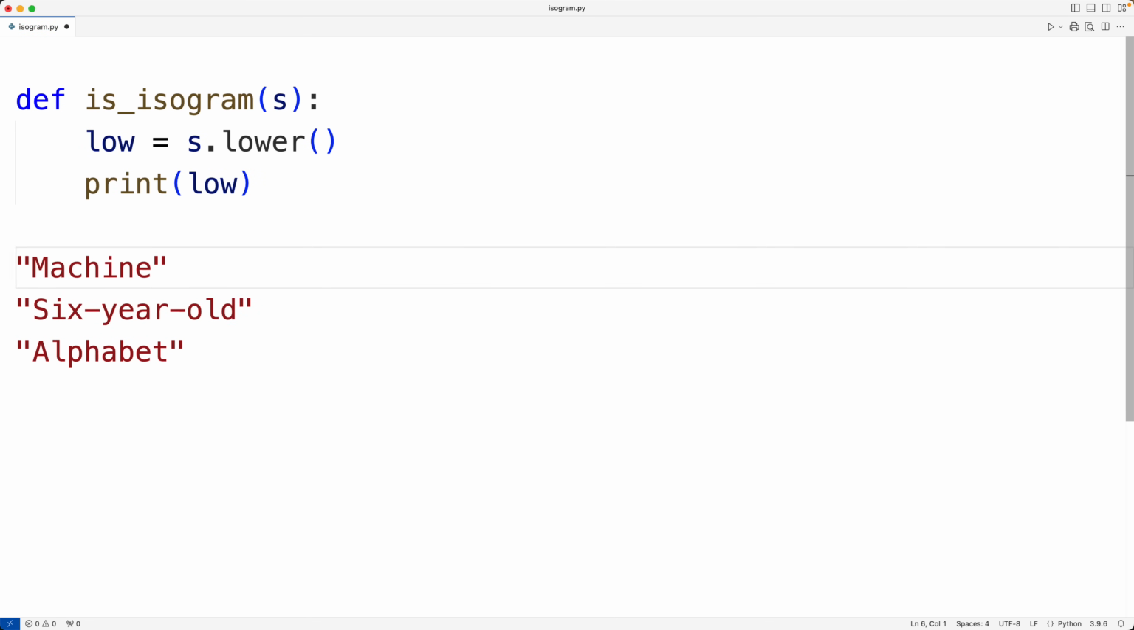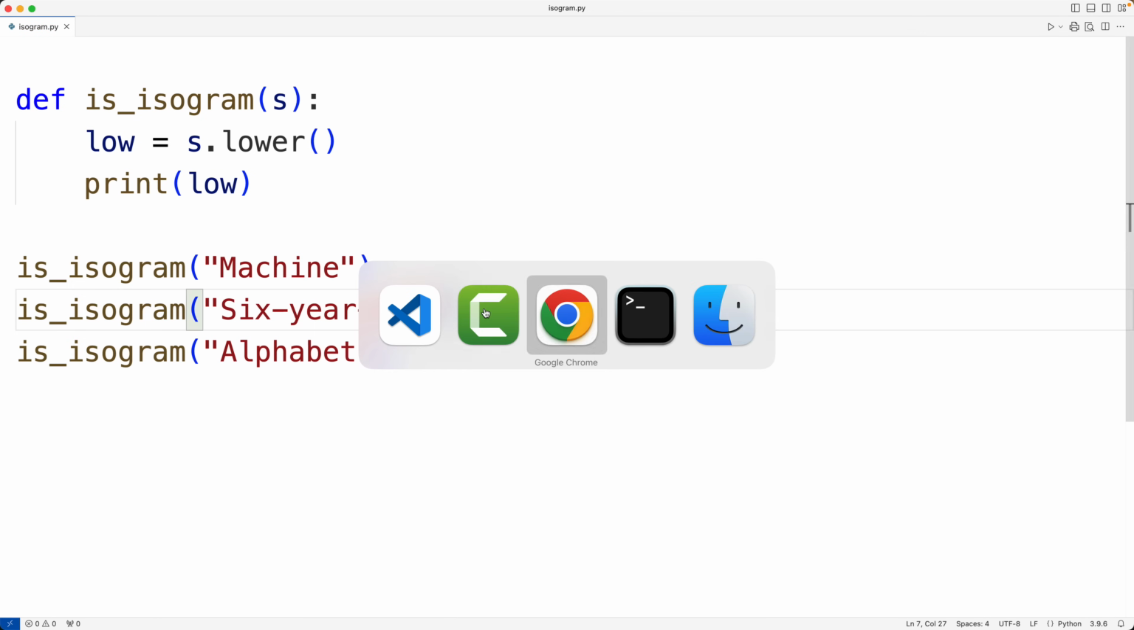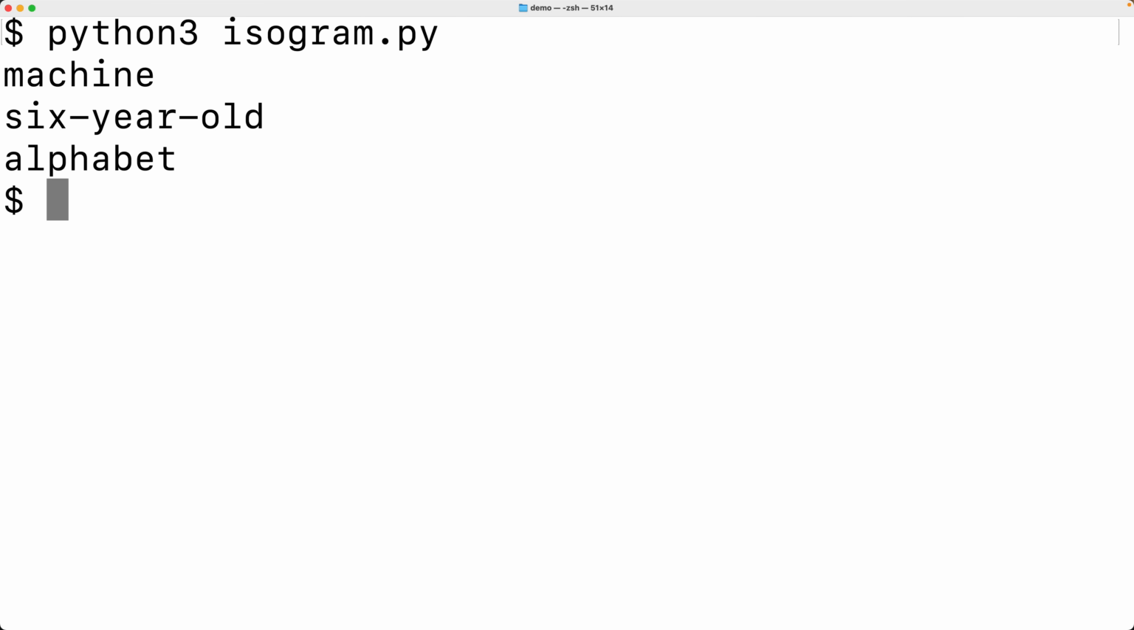And then down here, we'll call the function with our strings. So we'll pass it machine and 6-year-old and alphabet so we can see the results. So I'll paste this here and here, and we'll call the function 3 times. So let's save the program, and let's give it a try here. And we get here machine, 6-year-old, and alphabet, and notice how the uppercase letters in those strings have been made